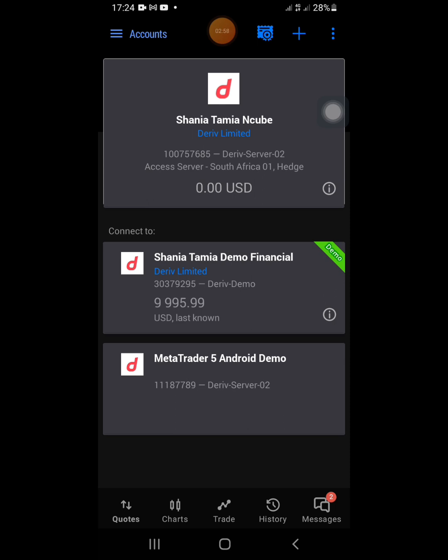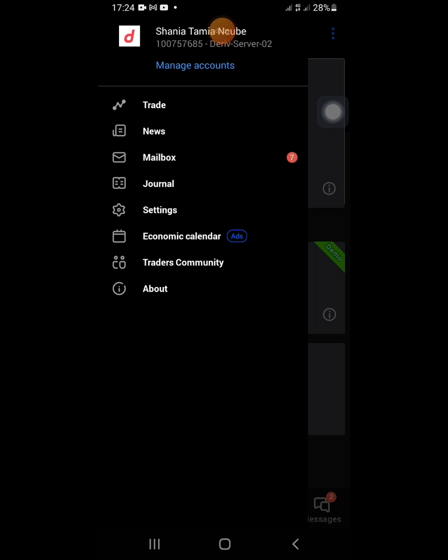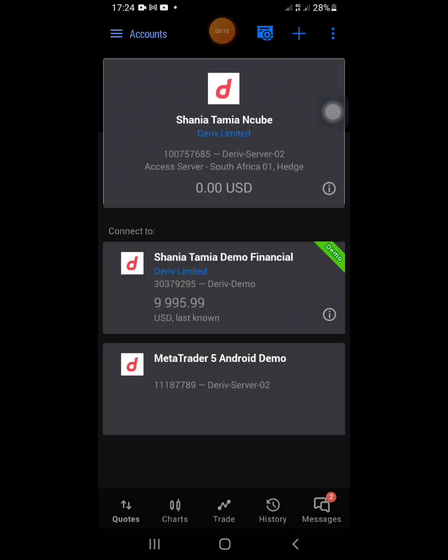I don't think it's working, this one, but this is a real one. Access Saver South Africa Hedge. Okay, anyways, that's not important. As you can see, the news journal, I don't use any of these in particular, but let's go to the